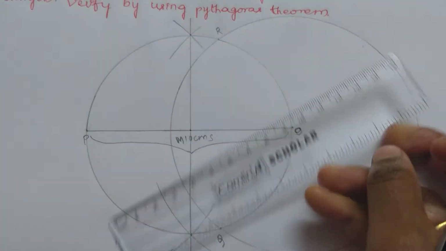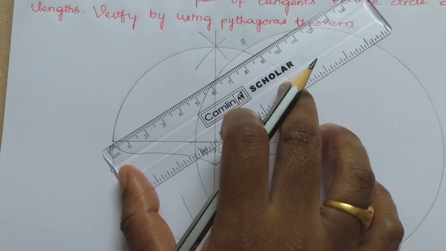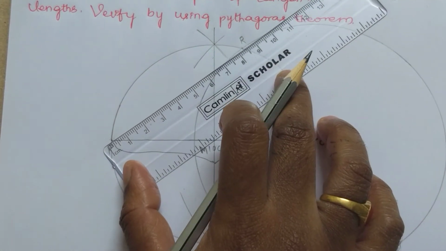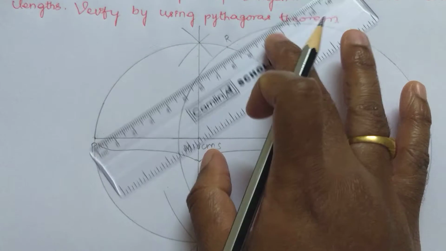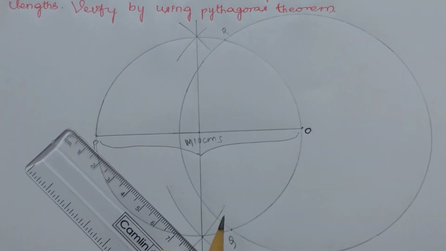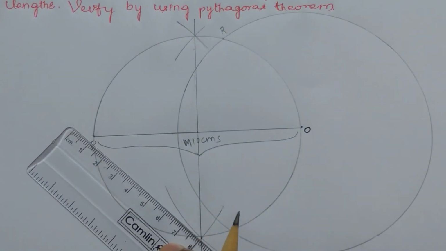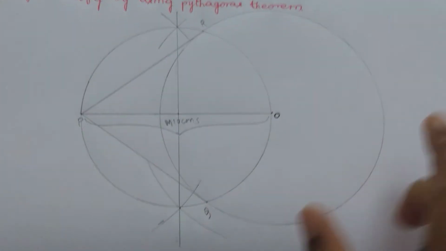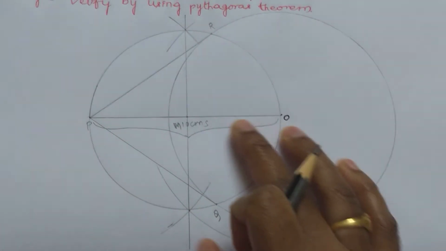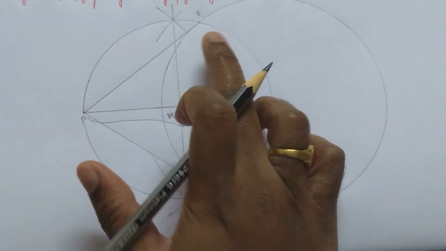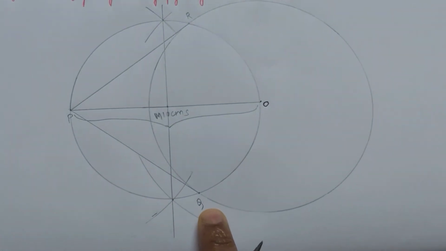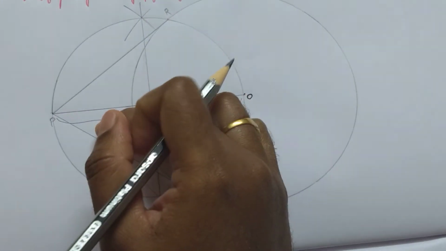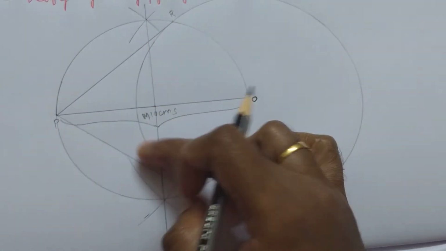So the next step is to draw the line joining the 2 points PR like this and the 2 points PQ like this. Clear? Just draw the lines. Let's do that now. Yes, you can see here. So from the point P to R and from P to Q, I have just drawn two lines. So one is PR, the other one is PQ.